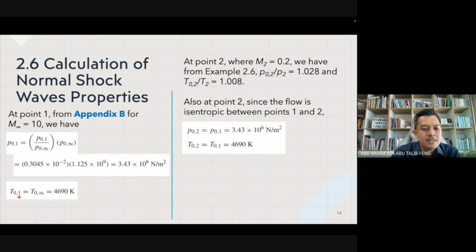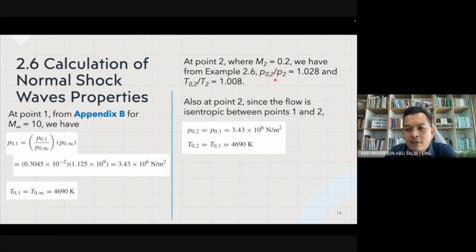Taking T01 equal to T0 infinity, because it is isentropic, you will get the same value, 4,690 Kelvin. So at point 2, when M2 equals 0.2, we have from example 2.6 earlier,